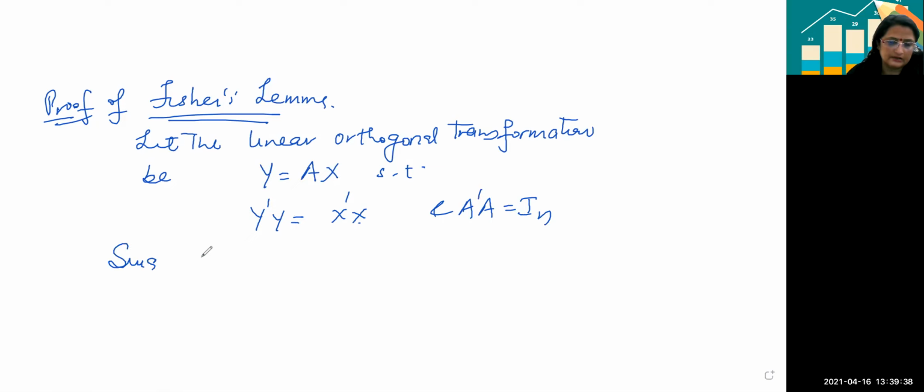Now since each xi follows N(0, sigma square), right, for all i running from 1 to n,